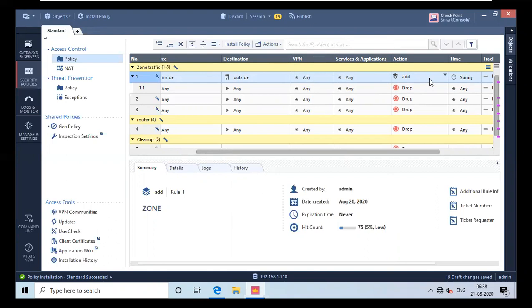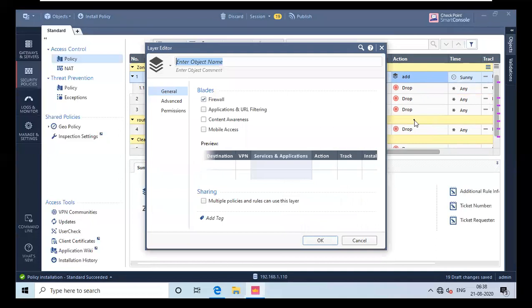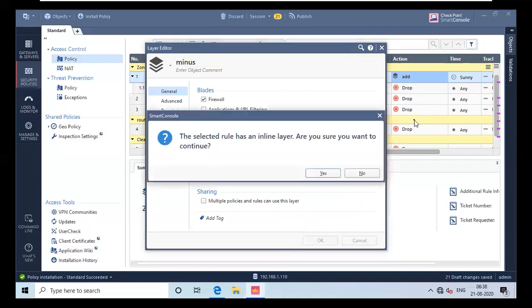So you can create more inline layers. How many completely depends on you. If you want to create more than one layer, you can create it, or you can specifically edit that layer too. Means you can edit the newly created layer also. Okay, so I will create one more layer for you. You have to right click, more, and say right click inline layer and create a new one. So I will create this rule as minus. Yeah, I'm sure.